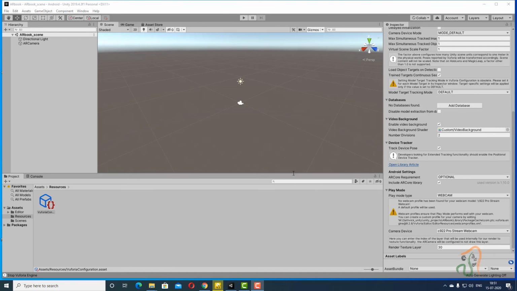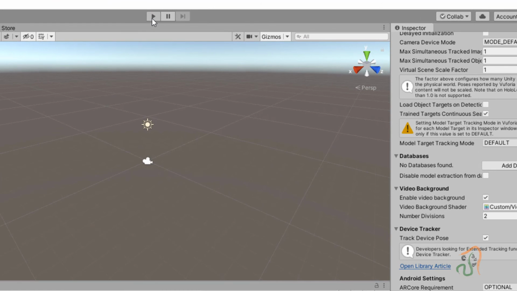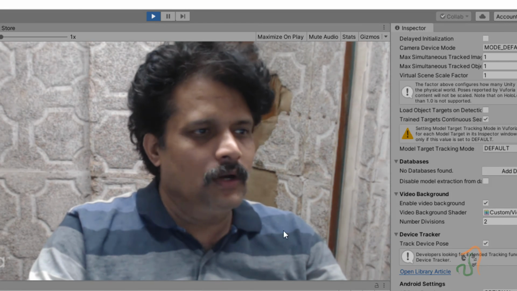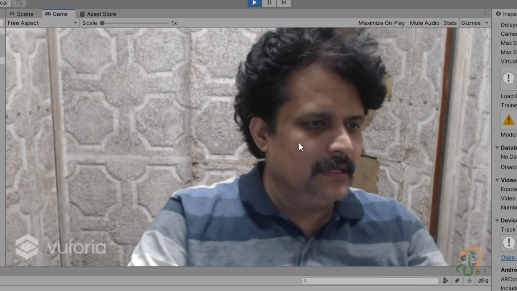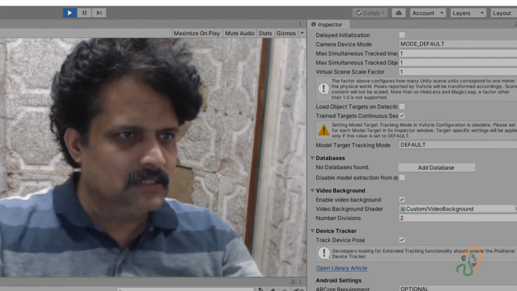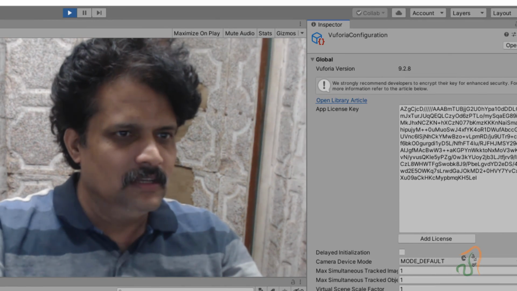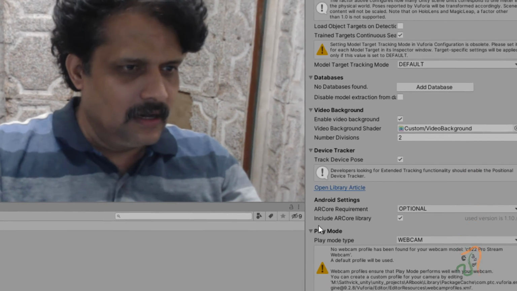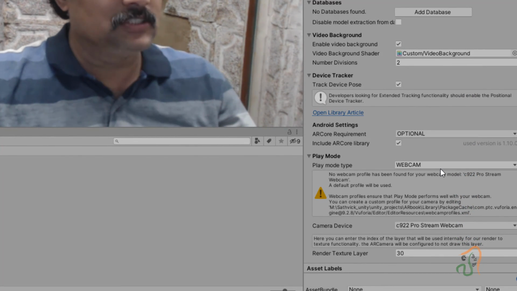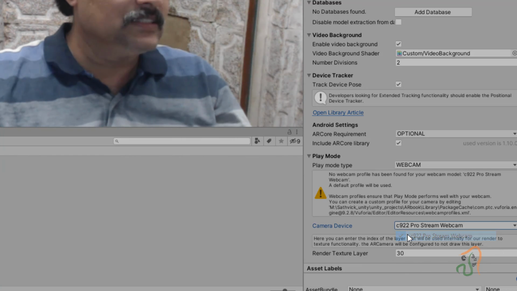After this, let us test whether Vuforia is working or not. To test it, just click the play button here. When you click the play button, your webcam should be visible here. If it is not visible, come to the inspector settings, and in the Vuforia configuration you can see that the play mode type is selected as webcam, and your camera device is selected here.